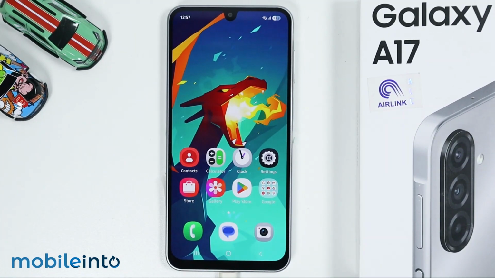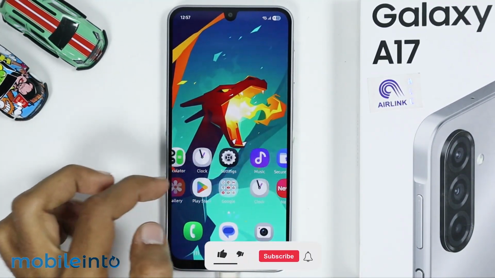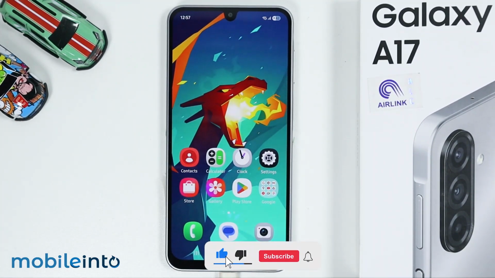Hey, what's up guys? So in this video, we will see how to change the home screen layout on the Samsung Galaxy A17. Now, if you want to change the home screen layout of your Samsung phone, first of all,